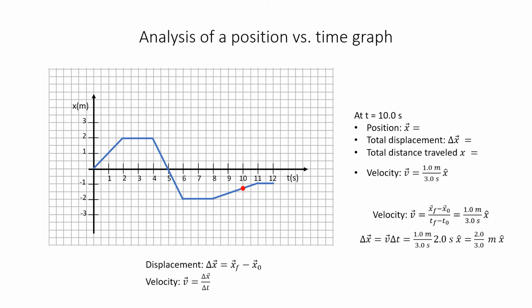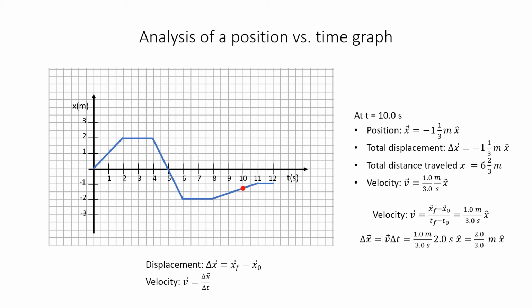Now let's find what our displacement is from 8 seconds to 10 seconds, where our dot is. To do that, we take the velocity times delta t. The velocity is 1/3 meter per second. Delta t is 2 seconds, giving us 2/3 meters, because the seconds cancel. If we traveled 2/3 of a meter from 8 seconds to 10 seconds, that means we're now -1 1/3 meters